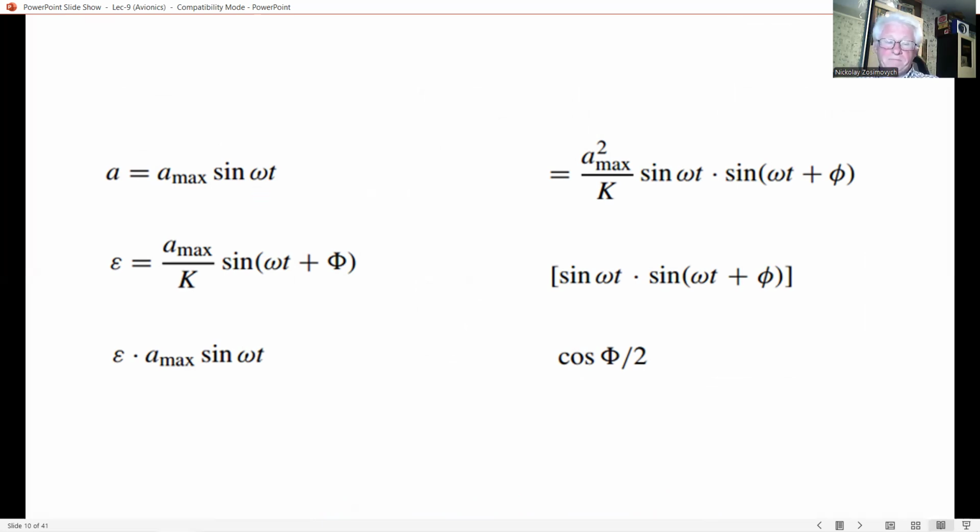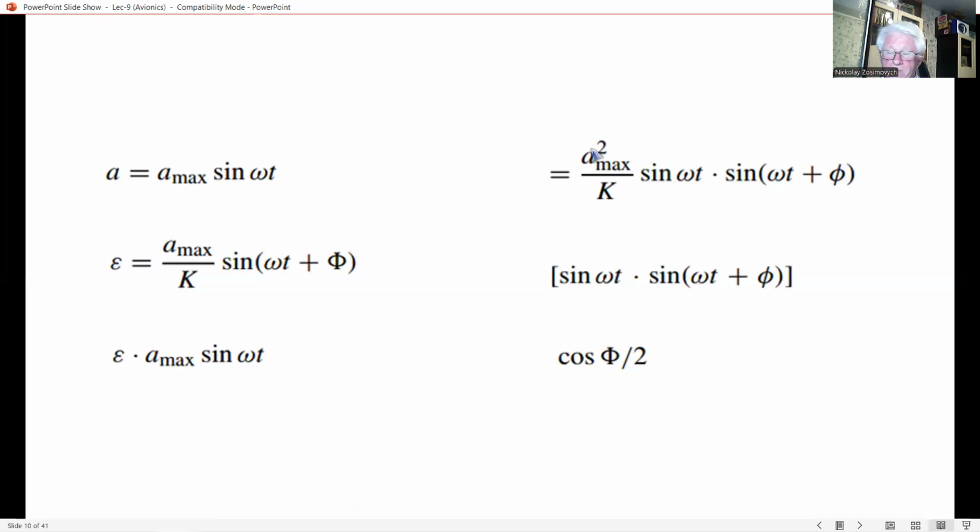The displacement of the pendulum from null is given by the next expression. ε ∝ (A max / K) sin(ωt + ψ), where K is dependent on the loop gain at frequency ω, and ψ is the phase shift between ε and A. Then the cross-axis acceleration, in this case, will be described by the next expression: ε times A max sin ωt,